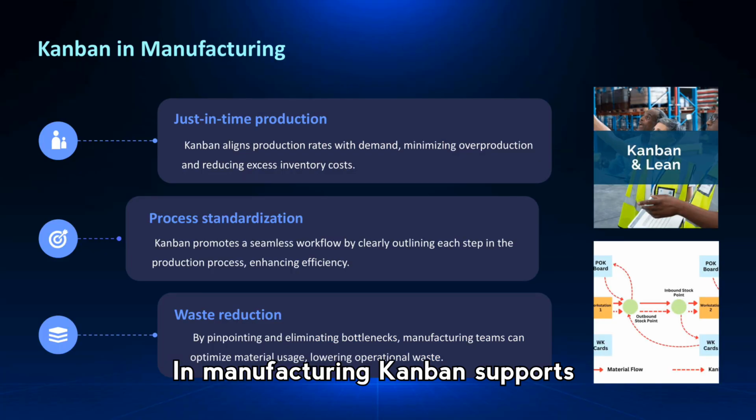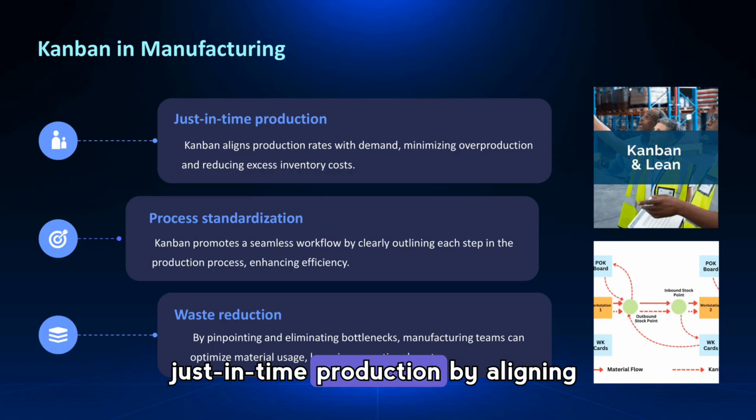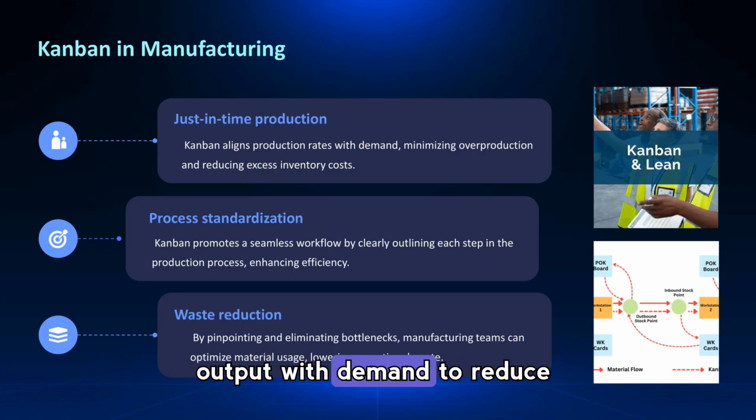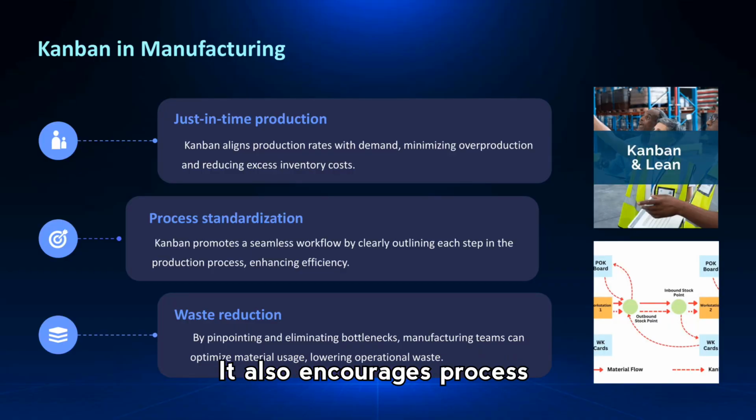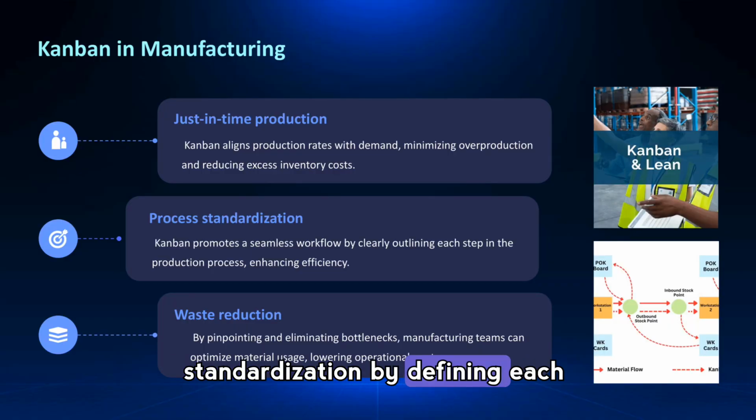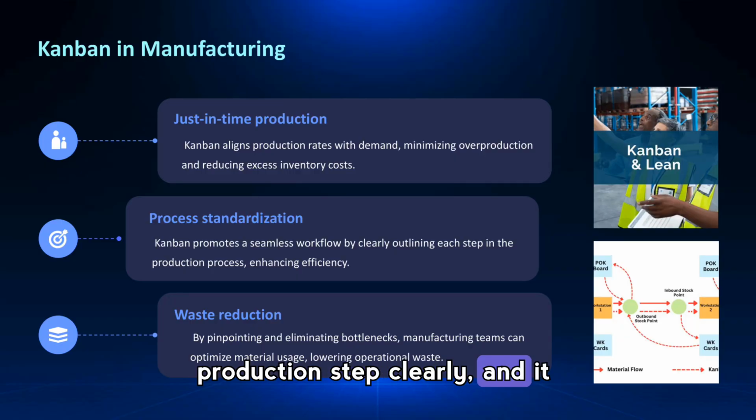In manufacturing, Kanban supports just-in-time production by aligning output with demand to reduce overproduction and inventory costs. It also encourages process standardization by defining each production step clearly, and it pinpoints waste so teams can remove bottlenecks